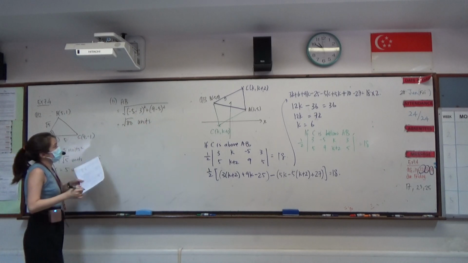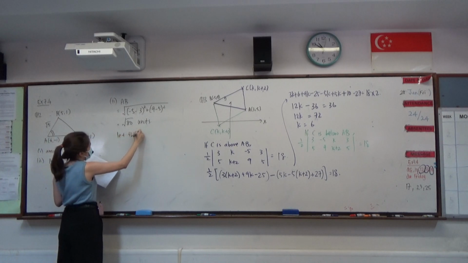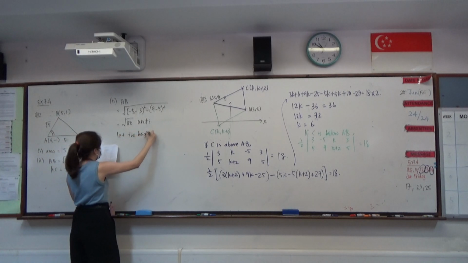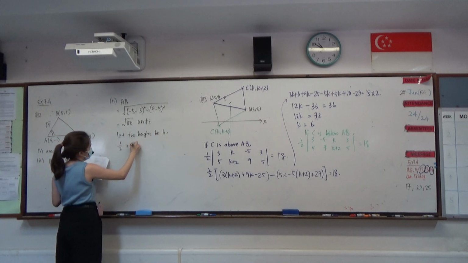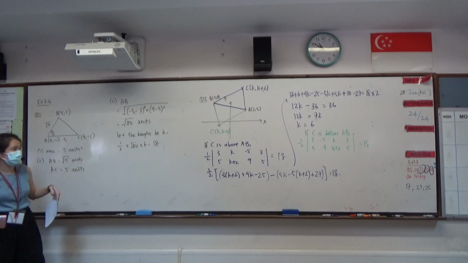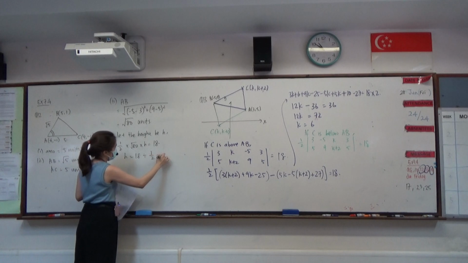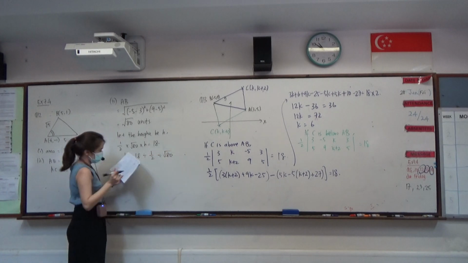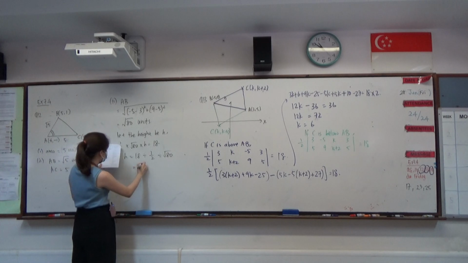So AB will have the length square root 80. Then after that, we let the height be h. So half times square root 80 times h is 18, because the question says the area is 18. Then by doing some manipulation, we would get